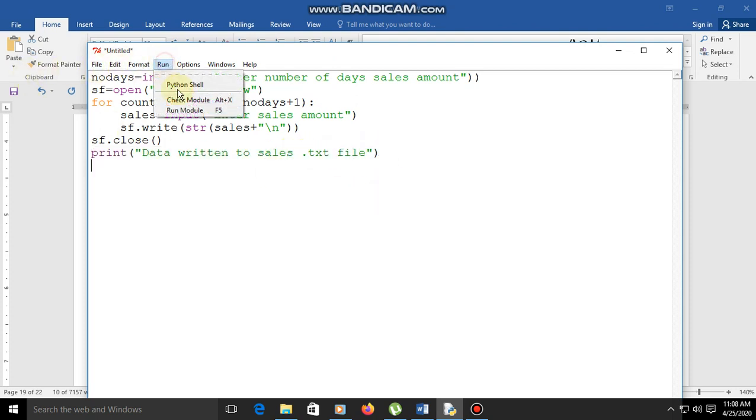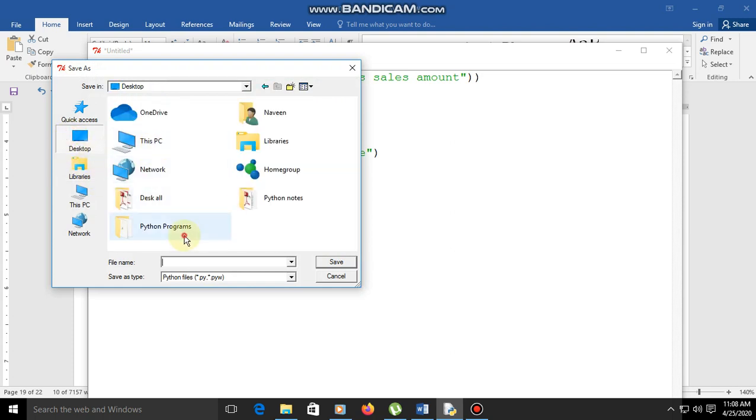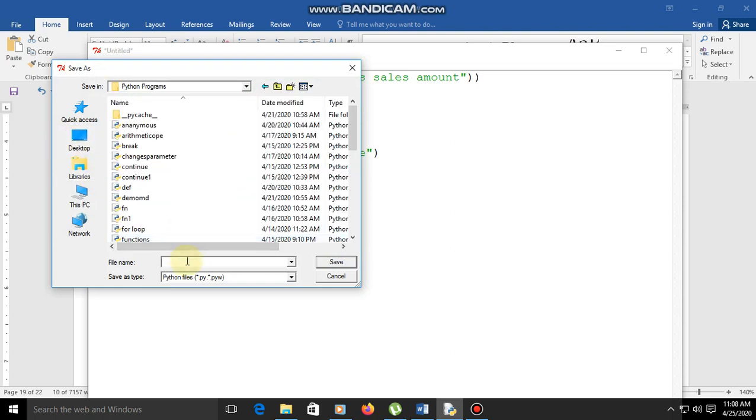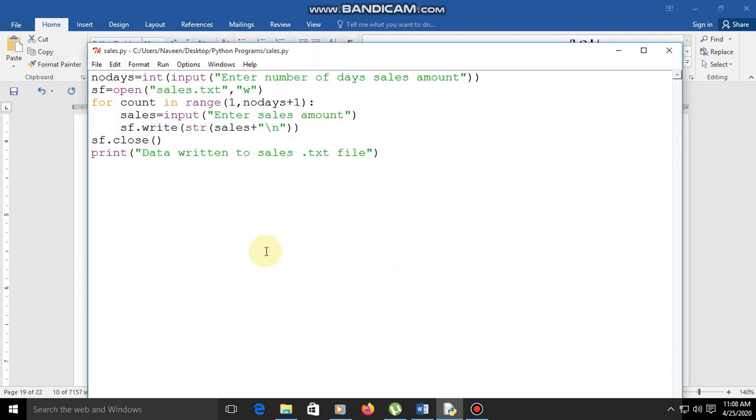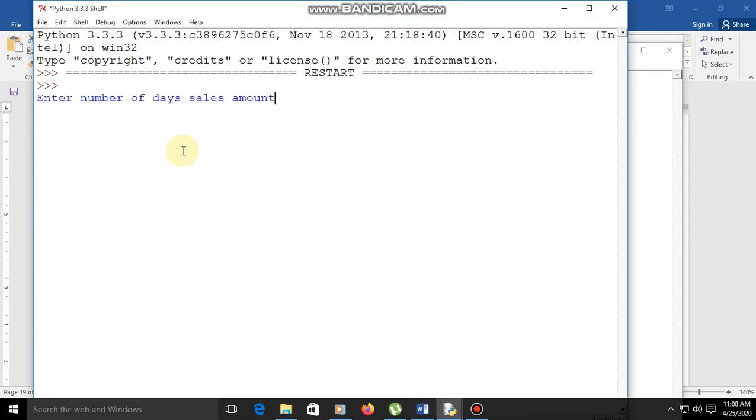Now save it, save, run module. Python programs, now sales.py, save it. The file is saved. Okay, now enter number of days sales amount. I am using 3. Enter sales 6,000, 5,000, 2,000.